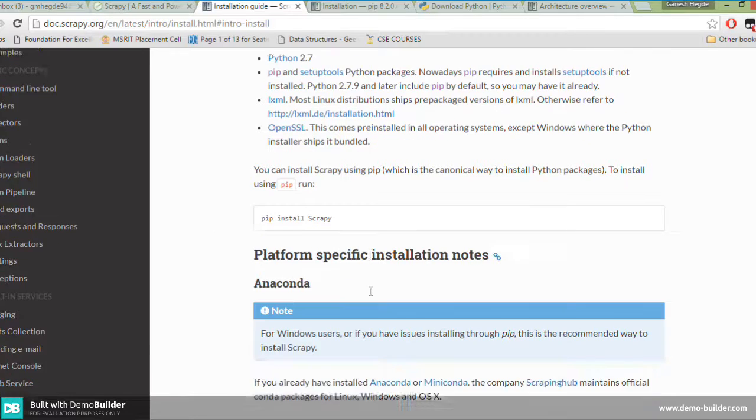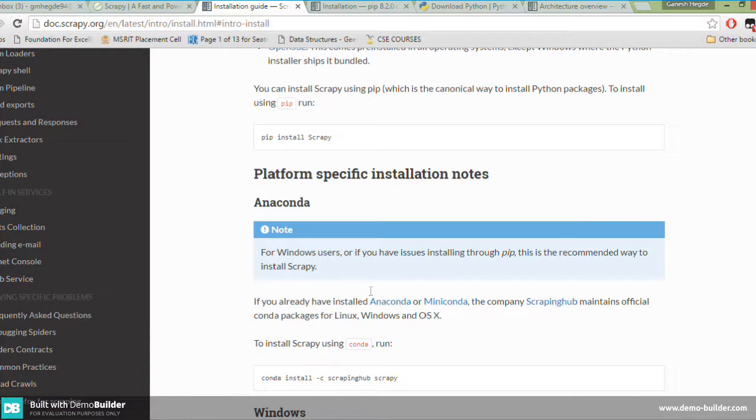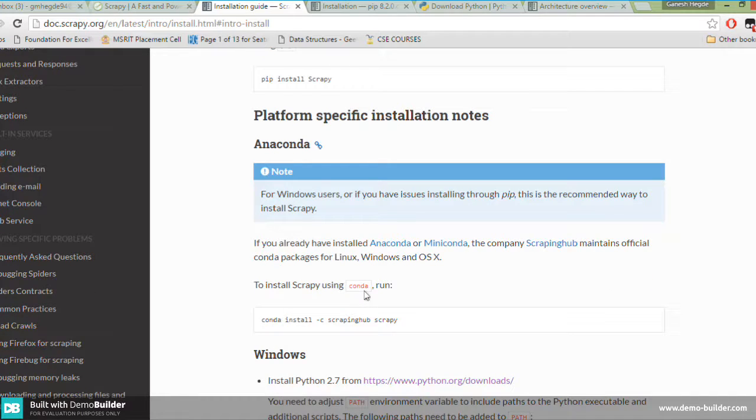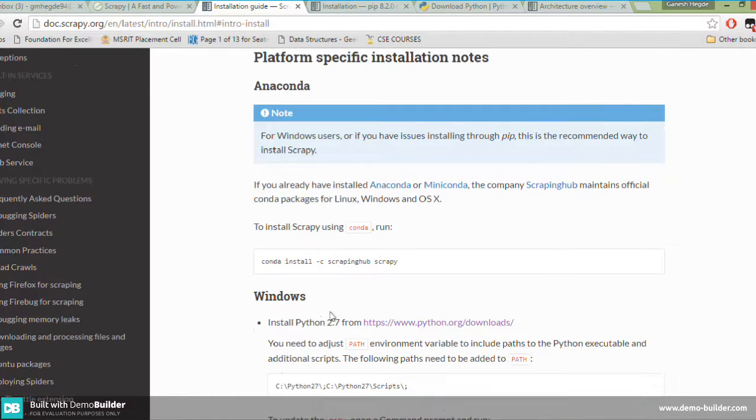Okay, Scrapy supports all platforms, but the installation is different for different platforms. For Anaconda, there is a special command: conda install -c scrapinghub scrapy.